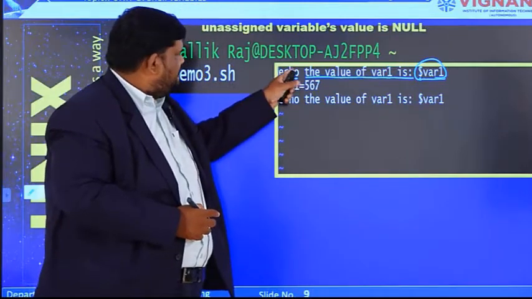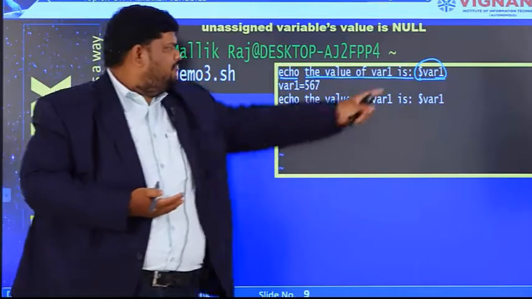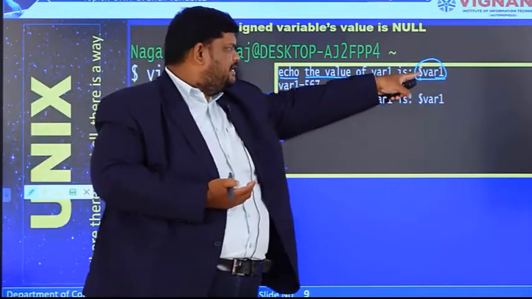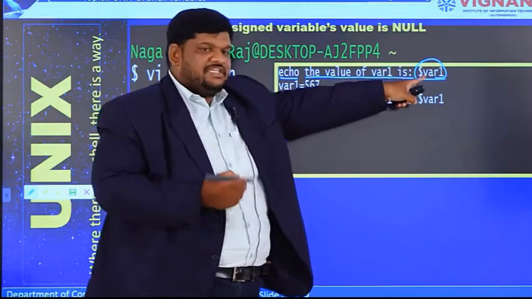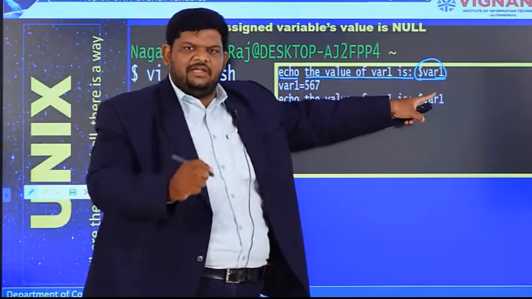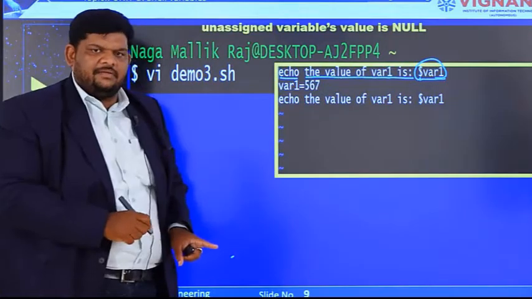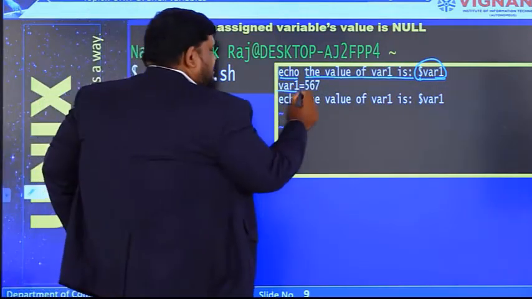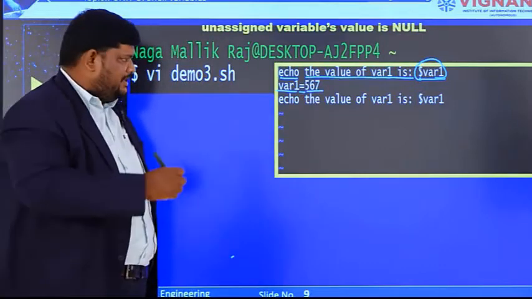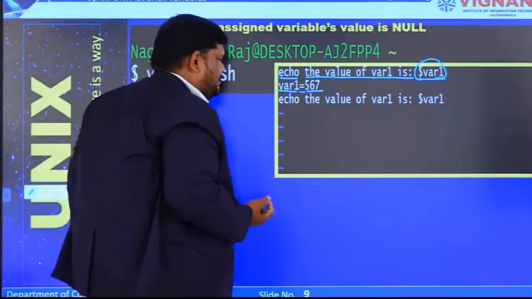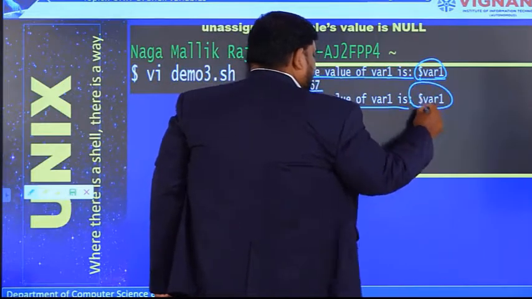But before this statement, no statement assigns a value to var1. That means here we are trying to access a variable which is not assigned any value. Now see the next one, now we are assigning var1 is equal to 567, with some value. Now in the third statement, the value of var1 is $var1.